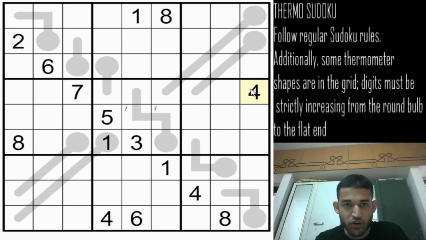And because of the 4 in row 4 column 9, 4 will be pencil marked in one of these 3 cells. However, this cell cannot have a 4, because then 7 will be here, which will violate the thermometer. So 4 can be removed from that cell. Now since 7 is in one of these 2 cells, this cell will be 8 or 9, because a digit has to be greater than that in the thermometer.